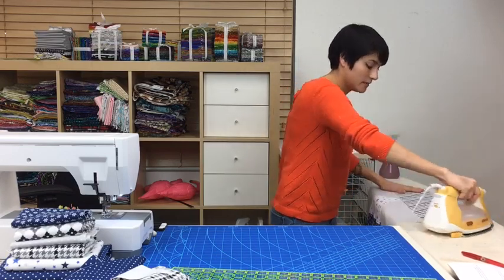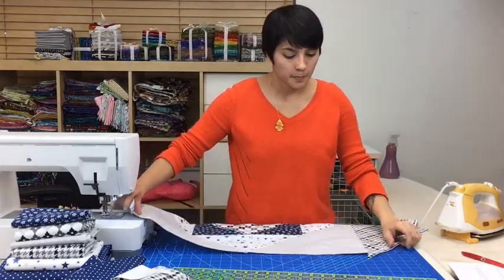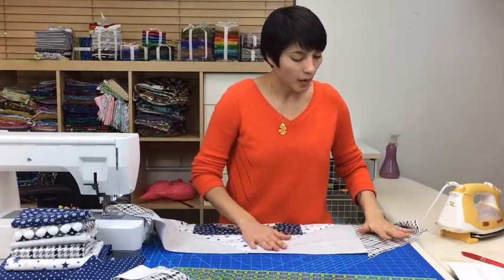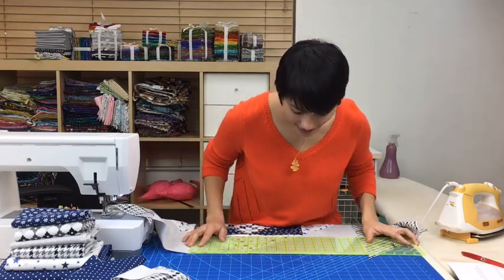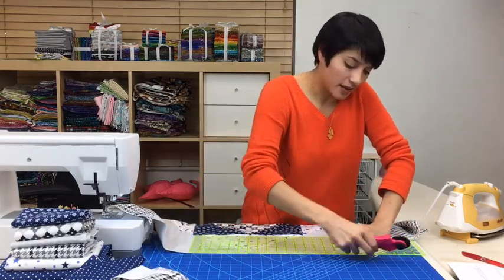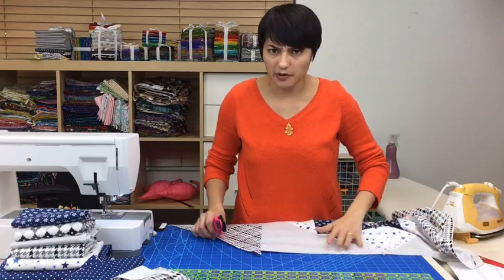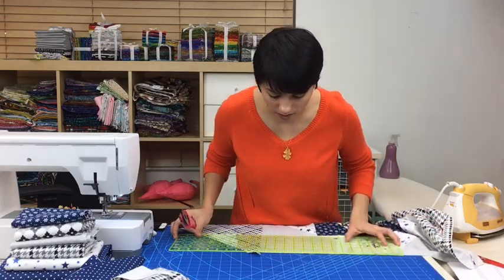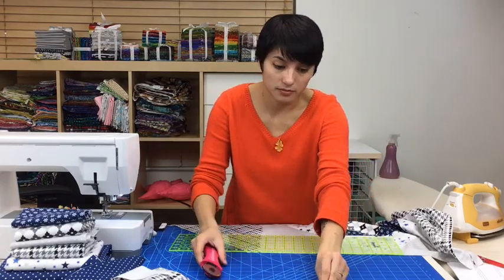We have a couple questions. Okay. Do you starch your fabric before you cut it, since you have such a large bias edge, or are you not too concerned with it? I'm not too concerned with it. I don't usually starch my fabric. You could always iron with some flatter if you wanted to. I don't have a lot of experience with starch, so I don't know how it would respond with a flannel. It might be fine, but...